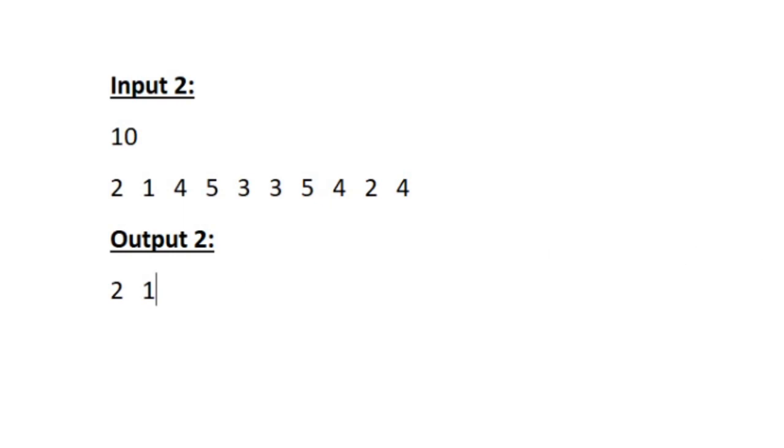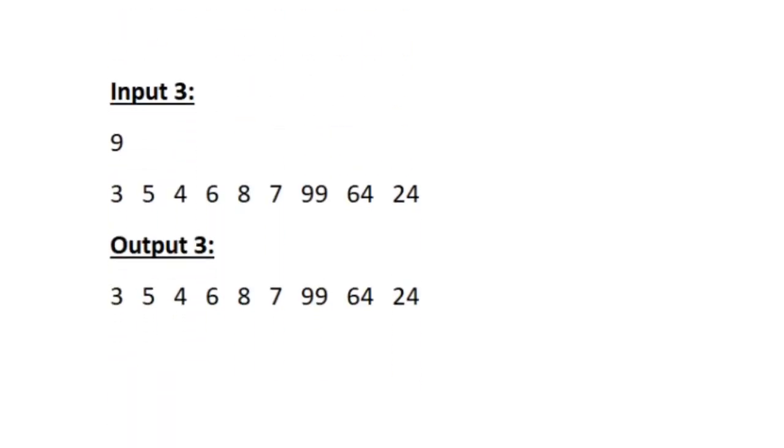And now using the same logic, let us see our sample input 3. So here the value of n is equal to 9, and these are the 9 integers, and here we can see that none of the integers are repeating. So all integers are unique. So it is not possible that we will be able to find the integer which has repeated for its value number of times. So we print all the given integers as our output. That is, we try forming, but we will be unable to find the value that has occurred for its value number of times. So we print all the integers in the input array.